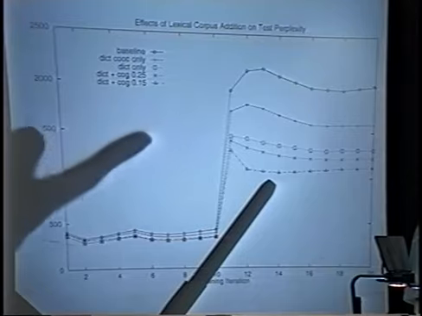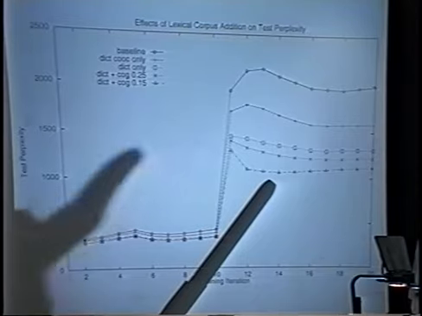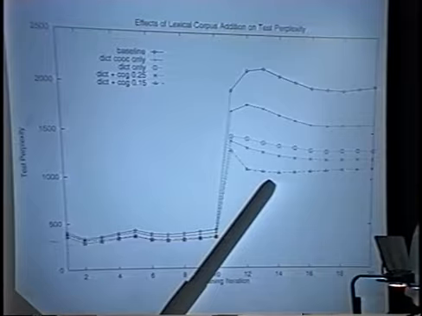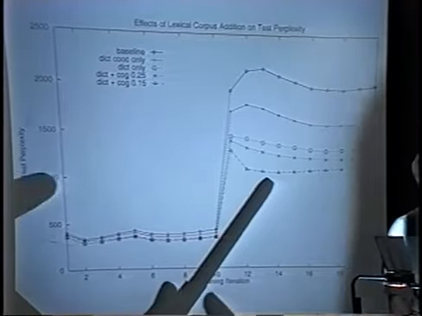The different lines are as follows: the top one is dictionary with only co-occurrences. The next one is dictionary only, and then we have two different cognate thresholds below that. As Noah said before, the cognate threshold of 0.15 seemed to produce the best results. And there were alignment results with this, which were very similar to the ones that Noah showed before.